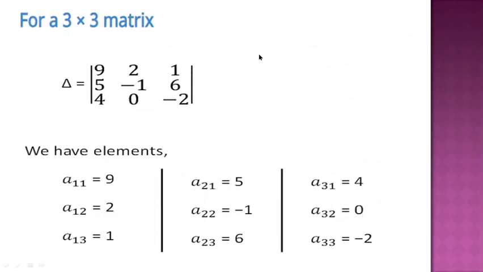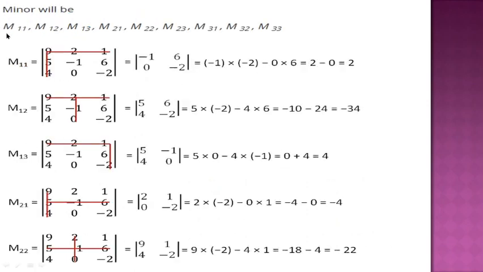Let's take one example now for a 3 by 3 matrix. We have this 3 by 3 matrix. It means it has 9 elements. All the 9 elements we have written here. It will have 9 minors and 9 cofactors. The 9 minors will be written like this: M11, M12 and M13 and so on. If we have to find M11, it means we have to cross first row and first column, and then we'll write down these 4 elements in the determinant form, and we'll calculate the determinant the way we calculate a determinant for a 2 by 2 matrix.